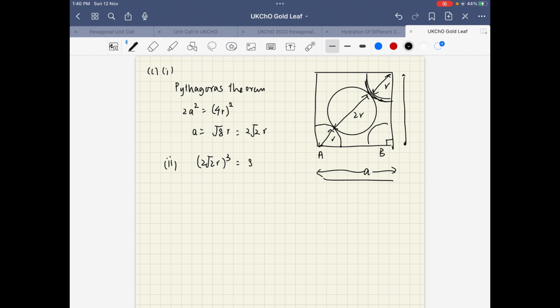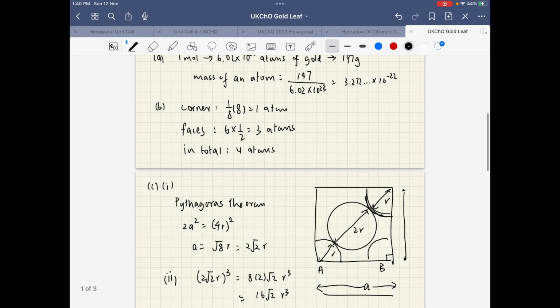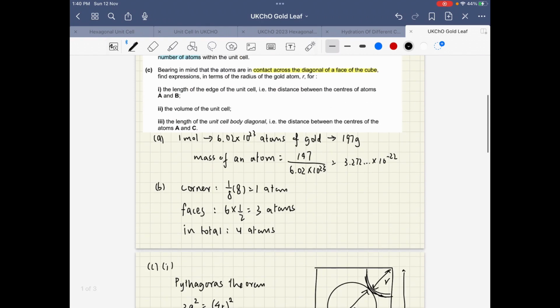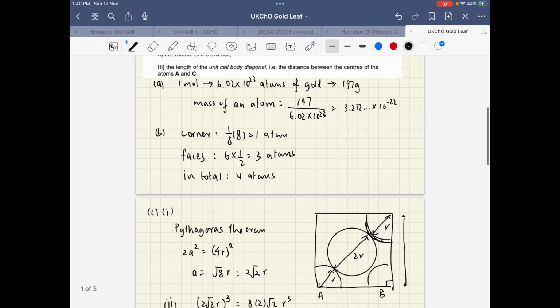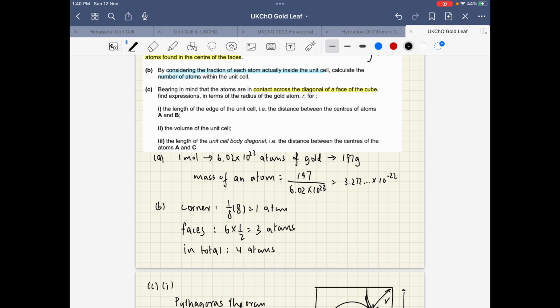So you would just multiply the length of the cube 3 times to get the volume. So that's 8 times 2 times square root 2 R cubed. And that's 16 square root 2 R cubed. So, and then moving on to III,